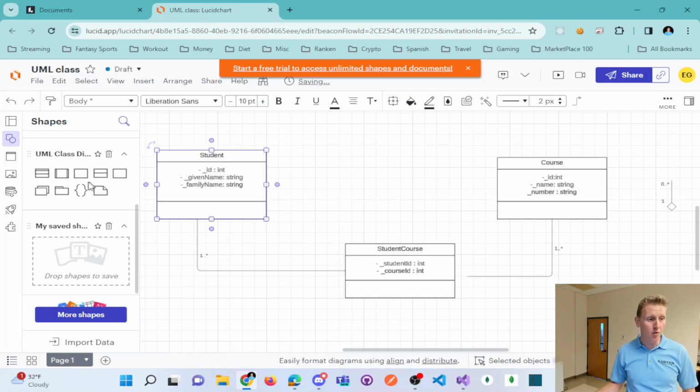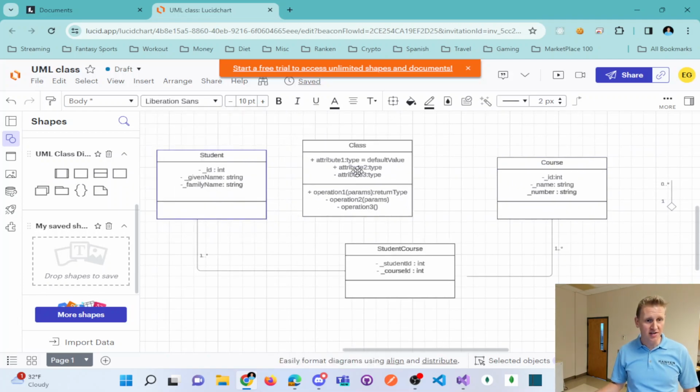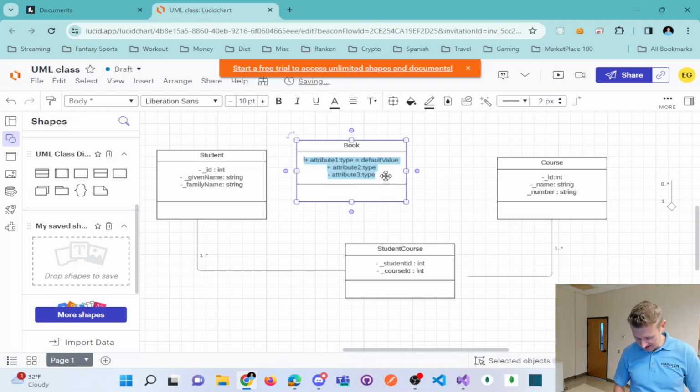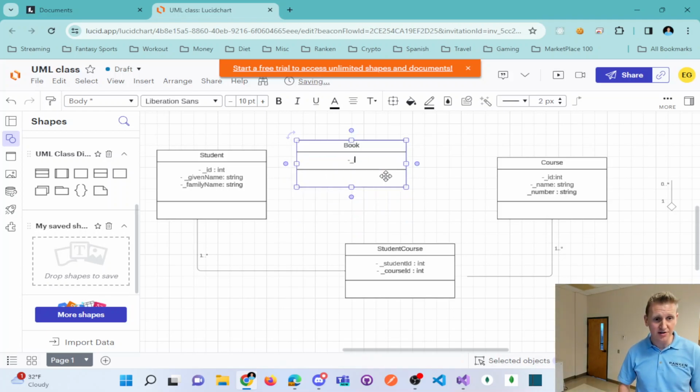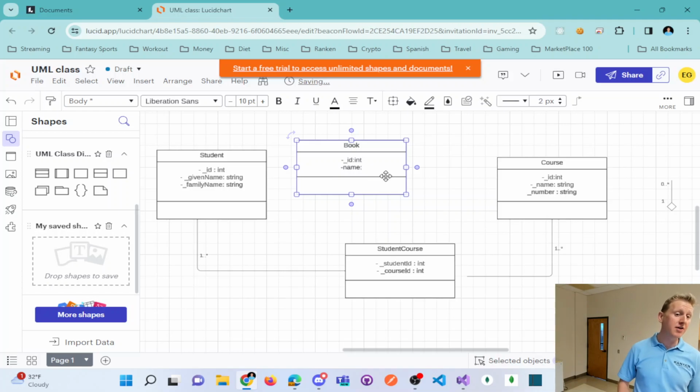So I'm just going to create a one-to-many, and I'll just throw this on here, and this is going to be book. I would say that the book has an underscore ID, which is an int, and a book has an underscore name, which, now that we're talking SQL Server data types, we know is nvarchar,